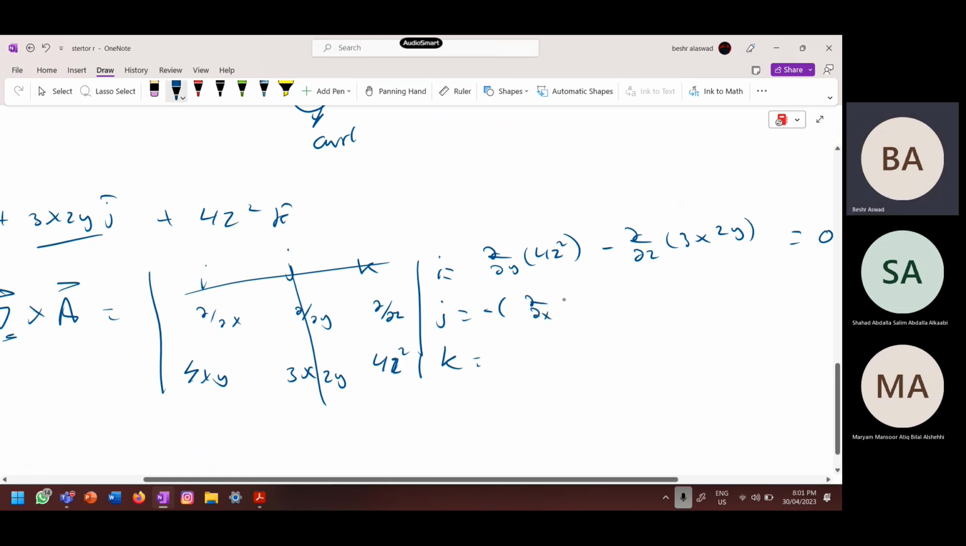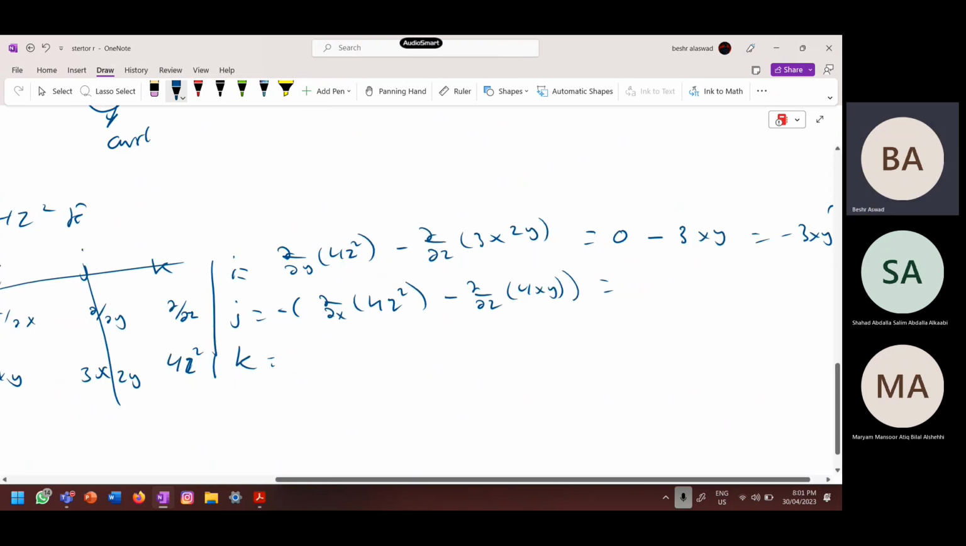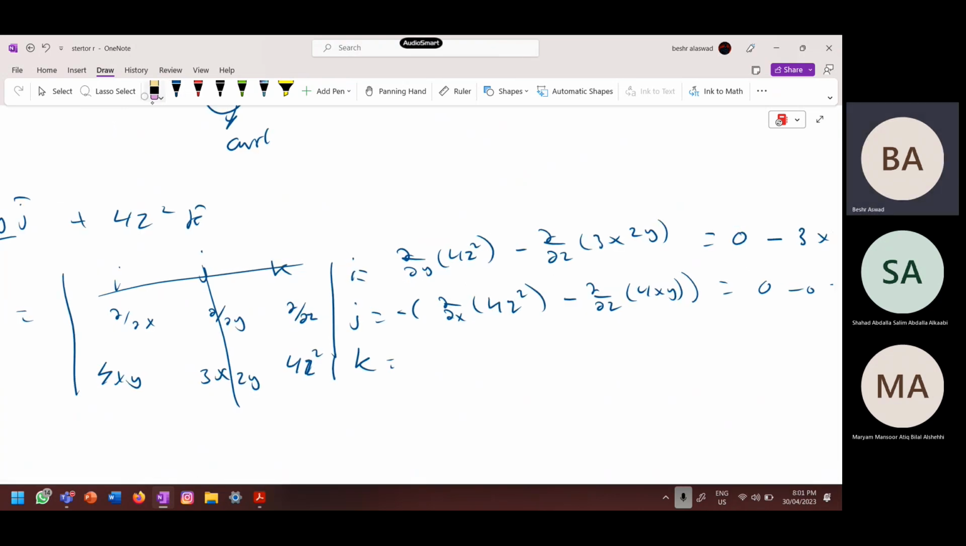Partial over partial x for z squared minus partial over partial z for xy. This is equal to partial over partial x for 4z squared, which is equal to 0. Partial over partial z for 4xy is also equal to 0. This is equal to 0 for j. As for k,